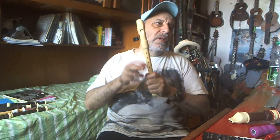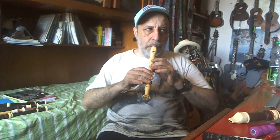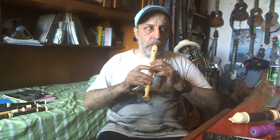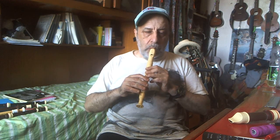If you're very young, maybe the sound of this is more appealing. If you have to play in a situation like folk and things like this, I'd go for this. I know it's very inexpensive, but it has this blending tone. Also, if you play in a concert, I wouldn't go for this extremely baroque expressive instrument. They don't blend. They don't blend at all. But this, the most blending is the